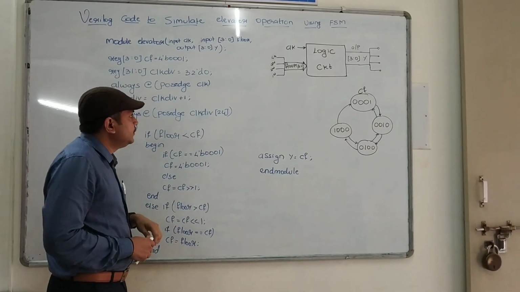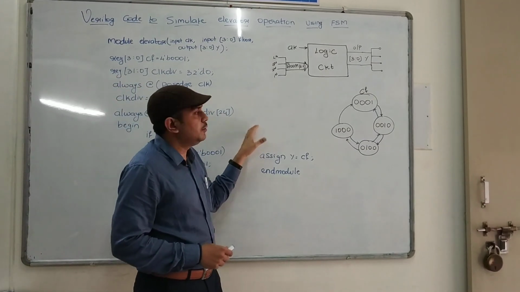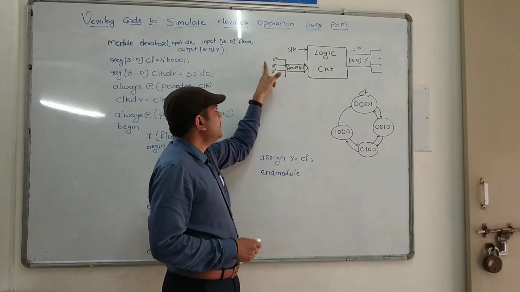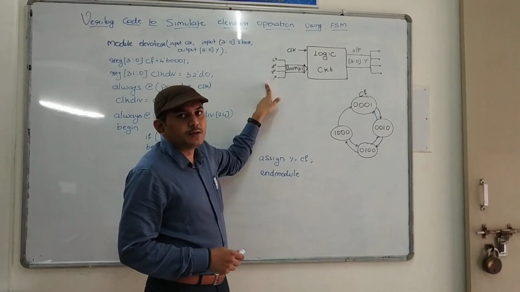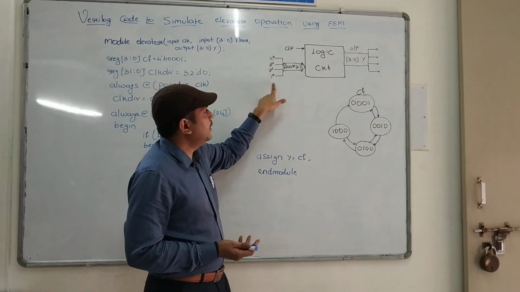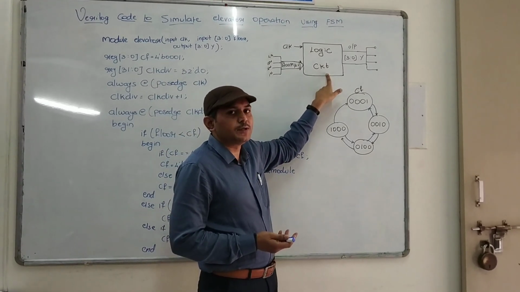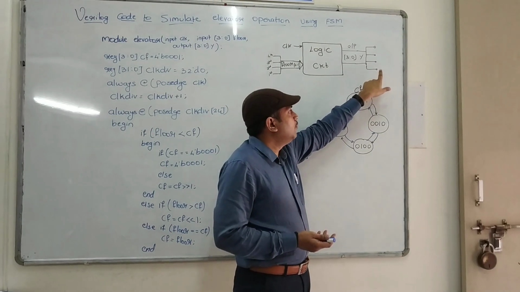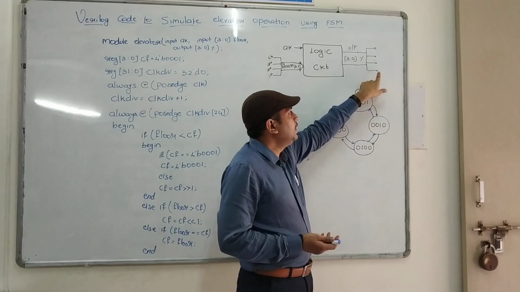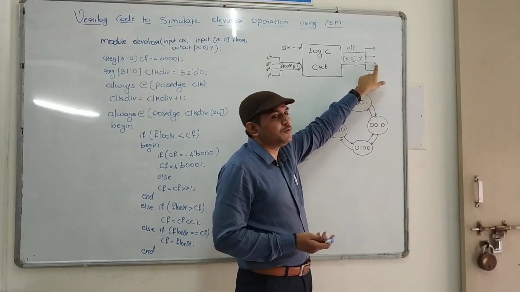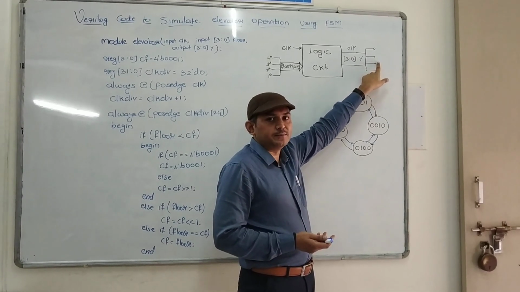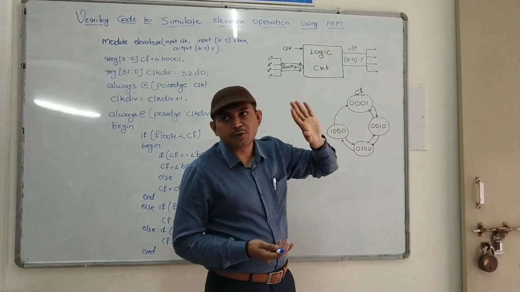Here we have to write a Verilog code to design this circuit, where it takes the input from the clock as well as which floor. So the user has to give which floor through these 4 pins. Based on that, your logic circuit should calculate and move, and indicate through LEDs. There are 4 LEDs to indicate which floor the user has pressed, and accordingly that particular LED should be glowing. So that is the task, how the program functions.